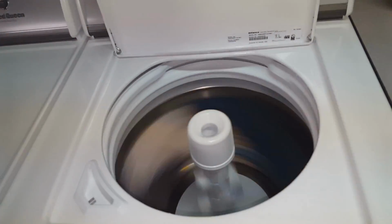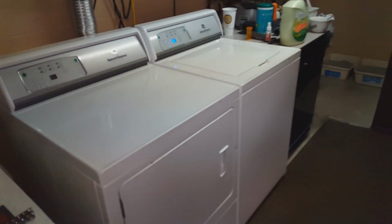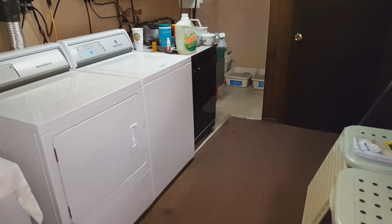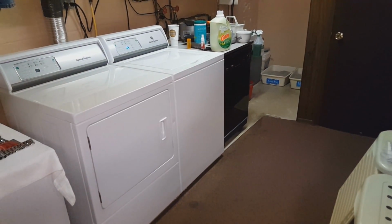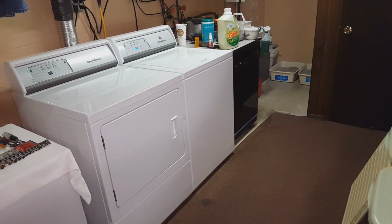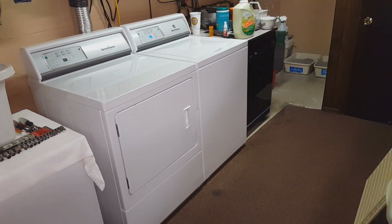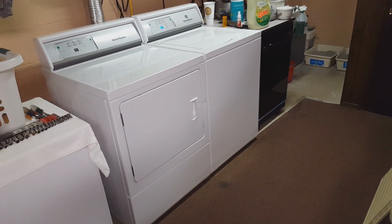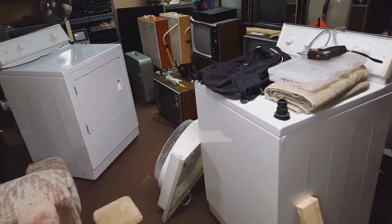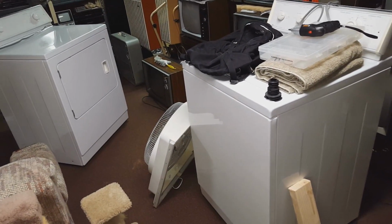This thing is quiet too. Lid down. Like I said, defeated the lid switch because, you know, I like to look at it run. But that's all. The noise in the background is the one dehumidifier, but still, that's it. It's nice and quiet. And it'll be here 30 years later. And so these guys, just gotta do a little overhaul on both of them, and they'll be good for another